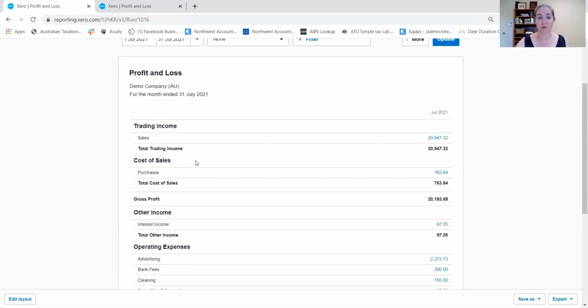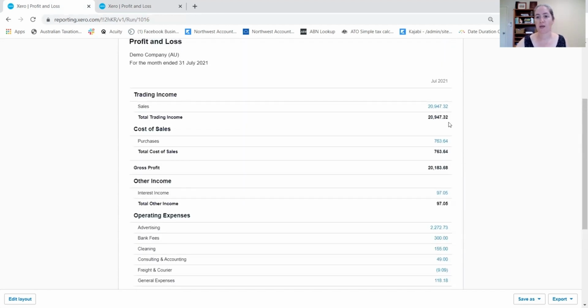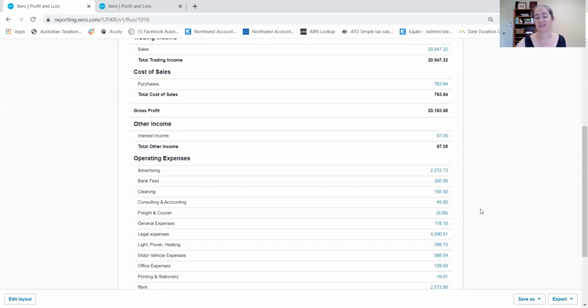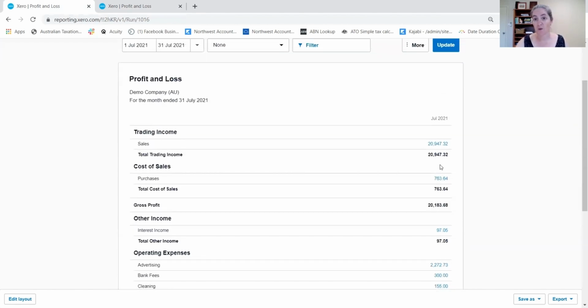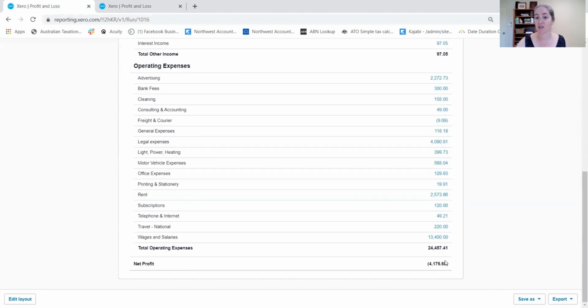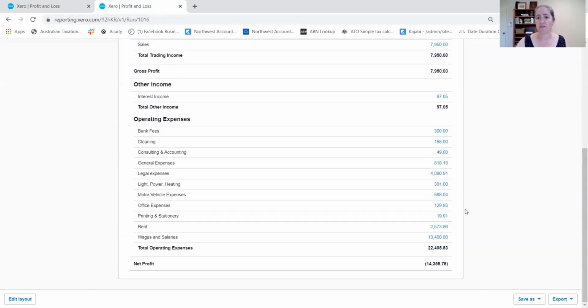This one, the accruals version, shows total expenses of 24,000, total income of 29,470 with a couple of little adjustments in there. So a net profit, actually a loss. So our income minus our expenses gives us a loss. So we've spent too much on this one, 4,176, versus our cash report. Income coming in of 7,950, costs being spent out of 22,405, gives us a profit or a loss, in fact,